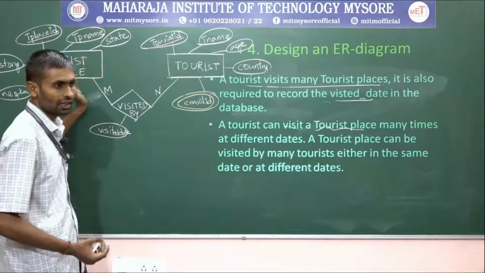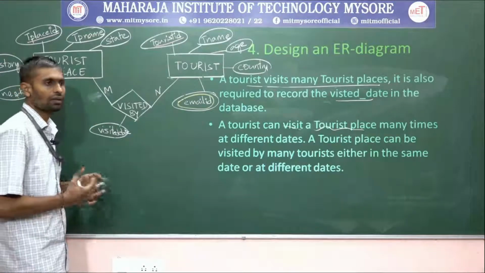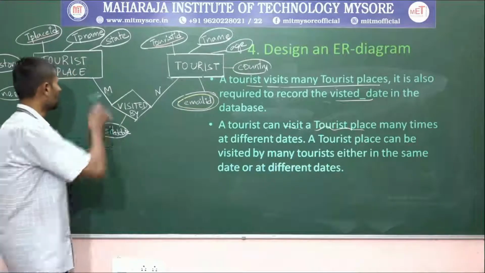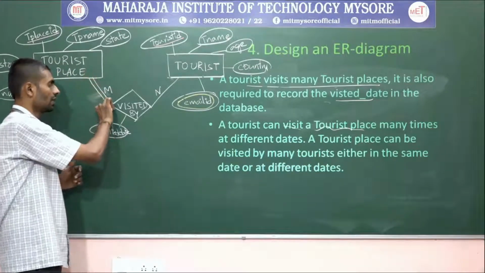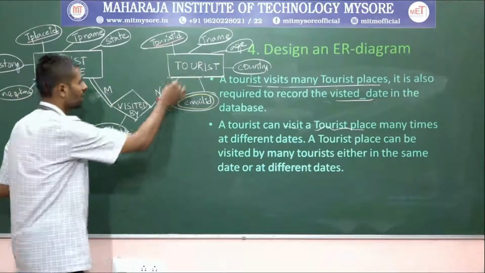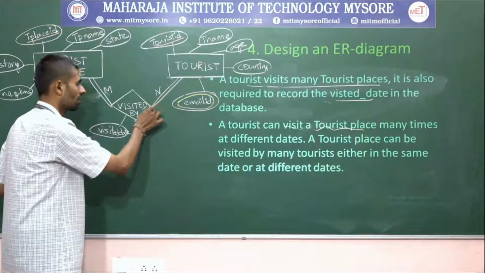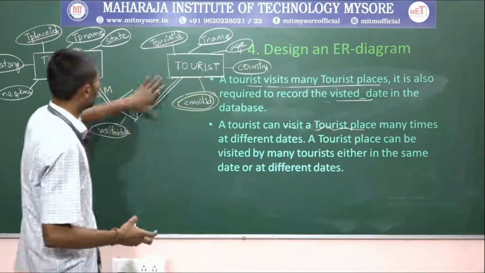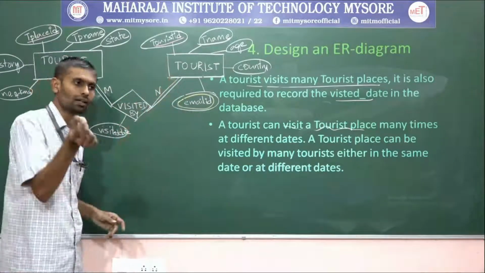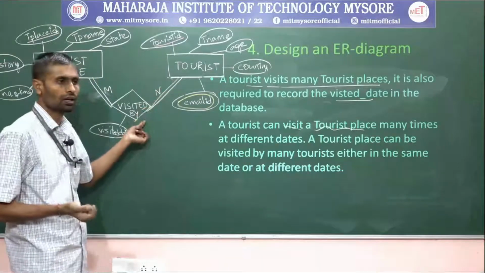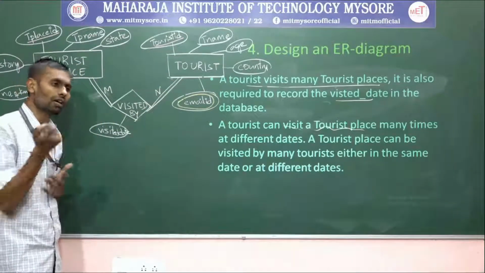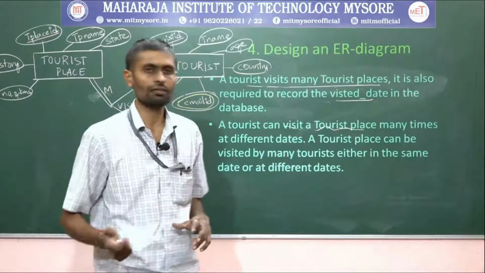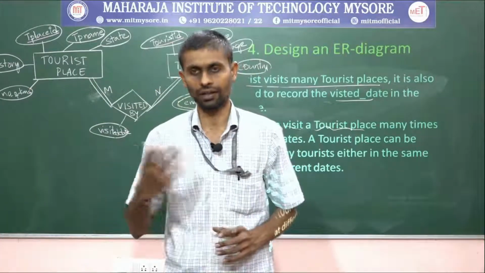So with this, another entity type, that is tourist place. One way or the other, if a tourist place is recorded, at least one of the tourists has visited it, so for that let me record it as a total participation. If our assumption is that every tourist visited at least one place, then during that time it becomes total. And every place is visited by at least one of the tourists, then from this end also it becomes a total participation, right? So that's all from my end, guys. Thank you. Thanks for your patience.